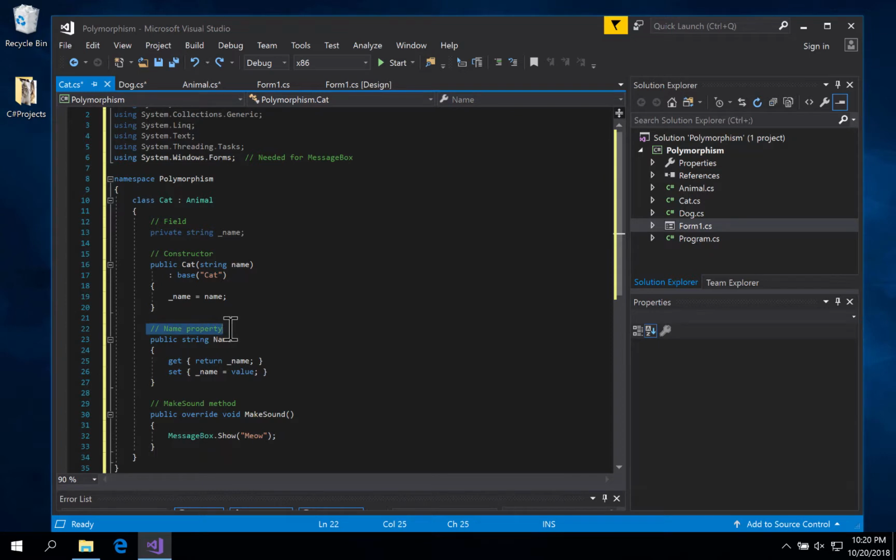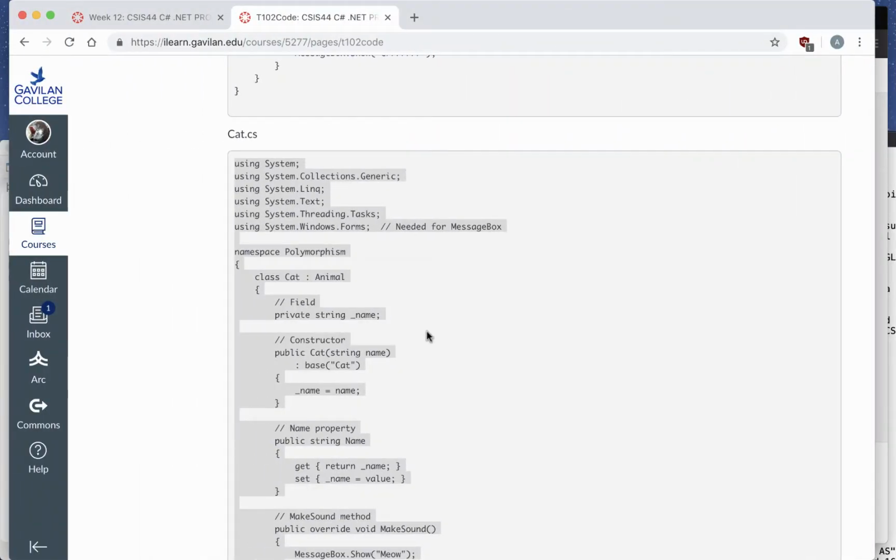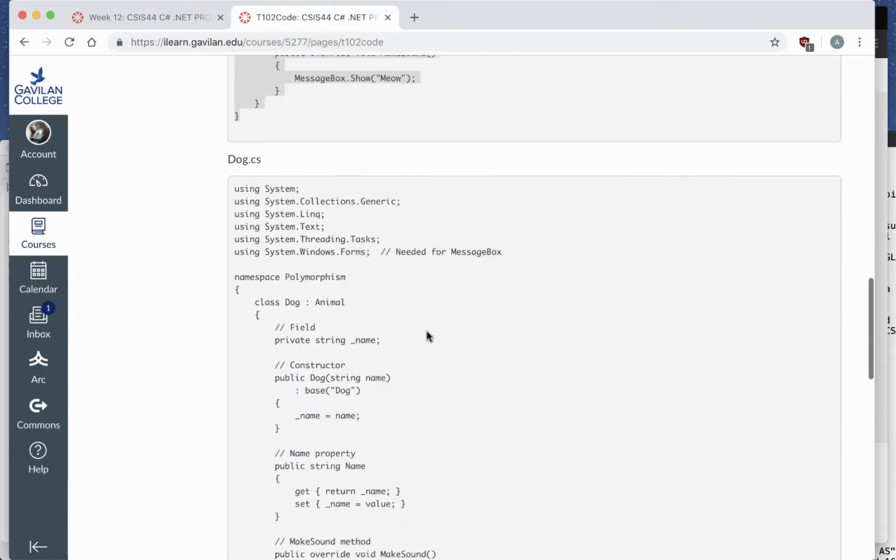And again, we're going to have a property for changing the name of this cat. And we're going to override the virtual method from the base class, the animal class. We're going to override make sound so that now it makes a different sound for the cat object. Go to the form, add the event handlers for when the buttons are clicked, and we can look at the